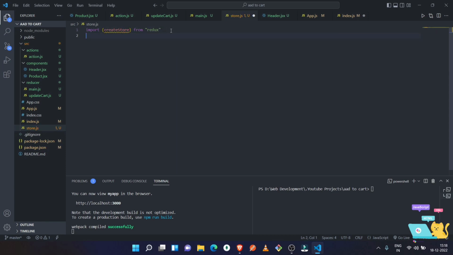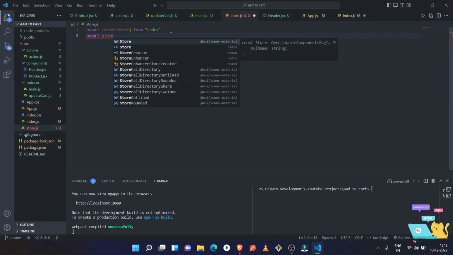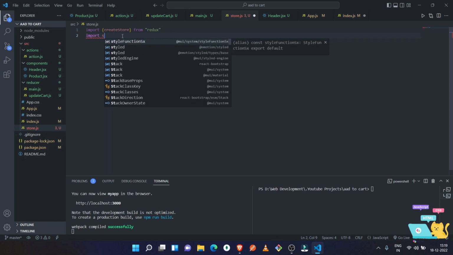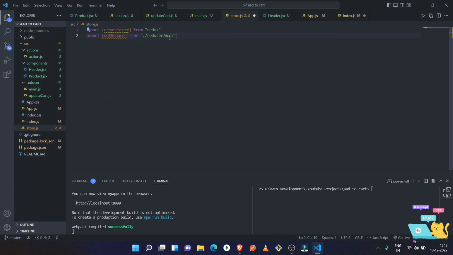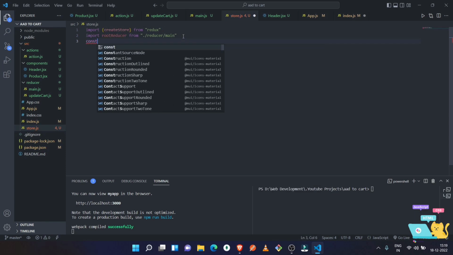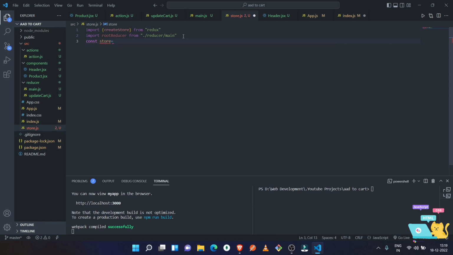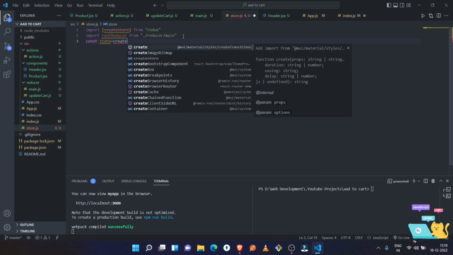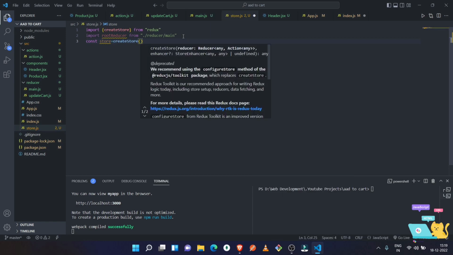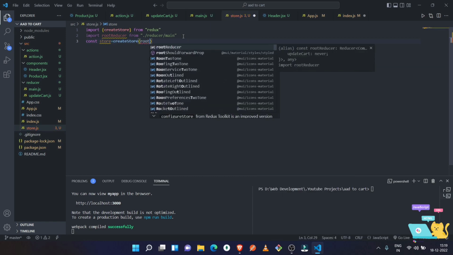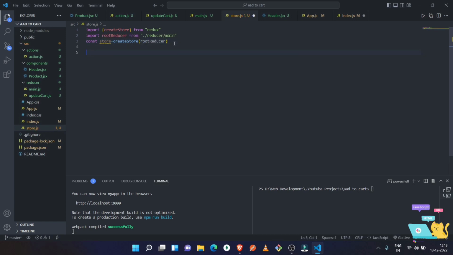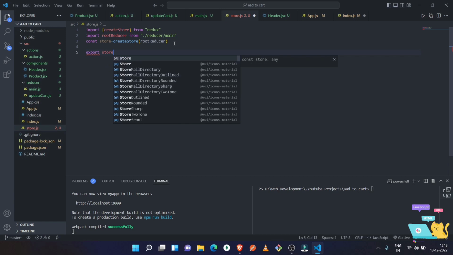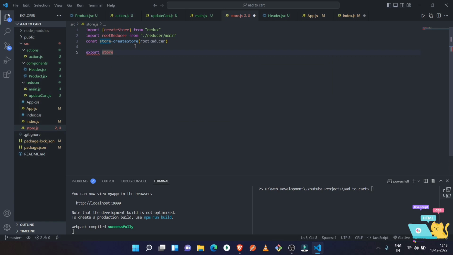and after that we just need to import our root reducer. So root reducer, and after that we just need to create our store. So right here const store equal to createStore, and after that we have to pass here the root reducer, and now we just need to export this store so that we can use it outside. So export default store,